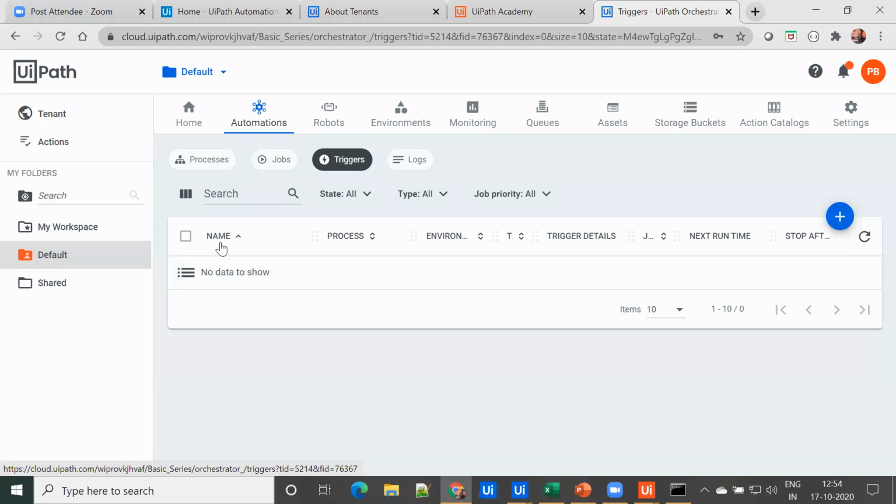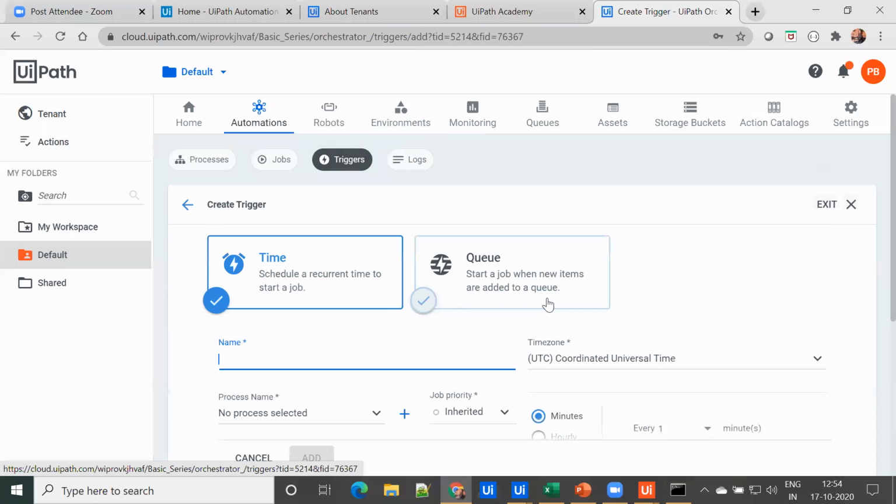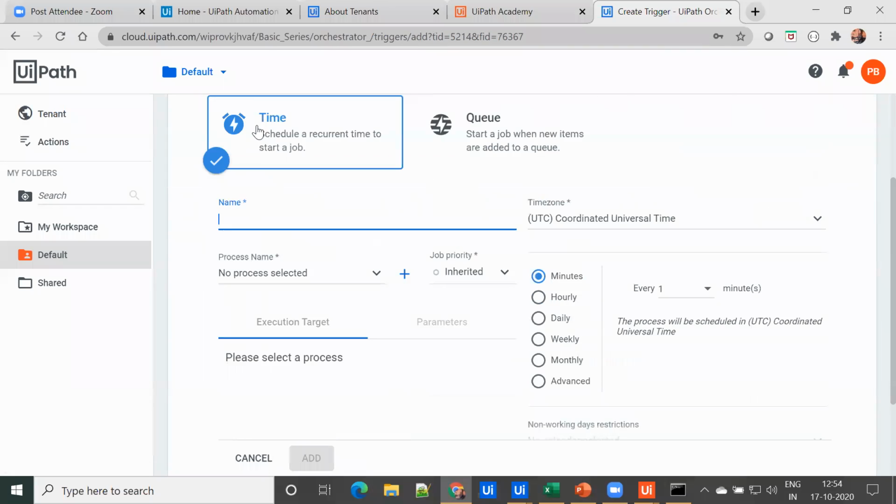So for example, to trigger our job, we need to create a trigger. So how we can create a trigger? Click add. So we can create a trigger for any particular process based on a time or when an item got added to the queue. So what is queue? This is the exercise or homework for you to identify what is queue. Okay, so you can always find this in Academy.